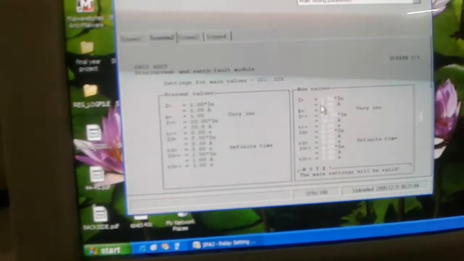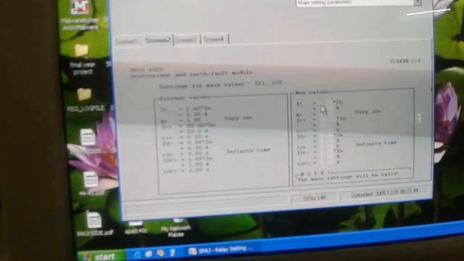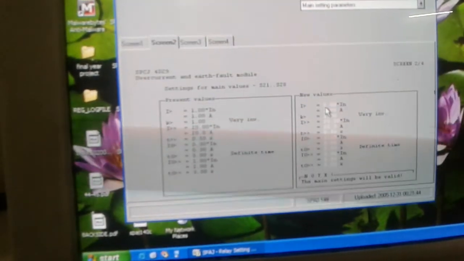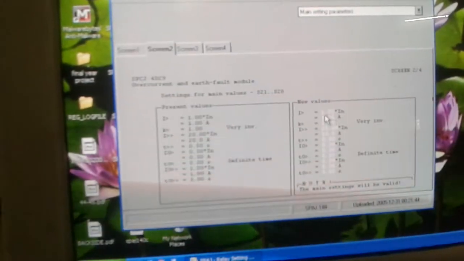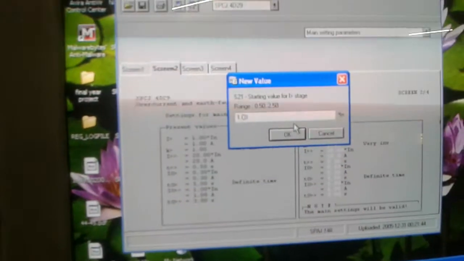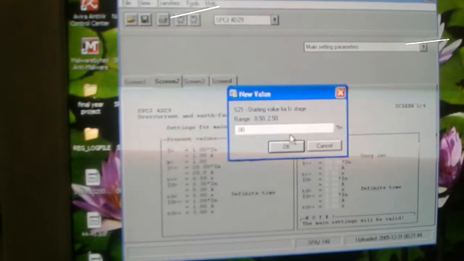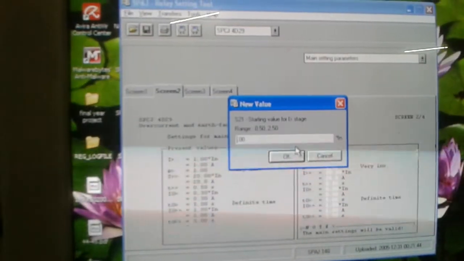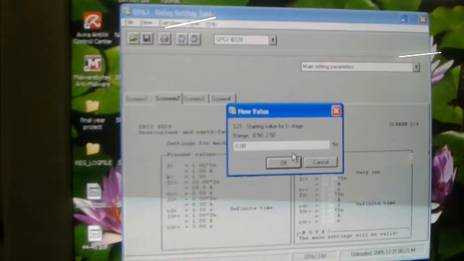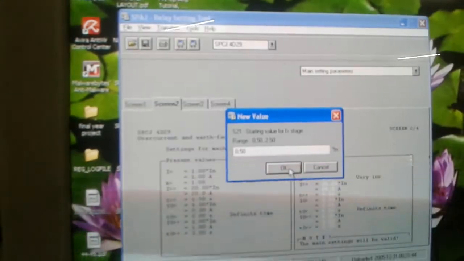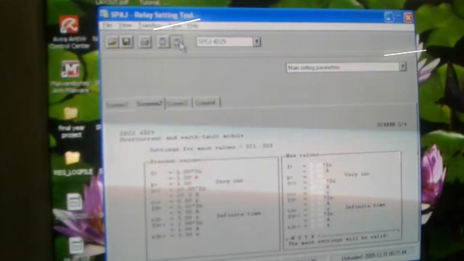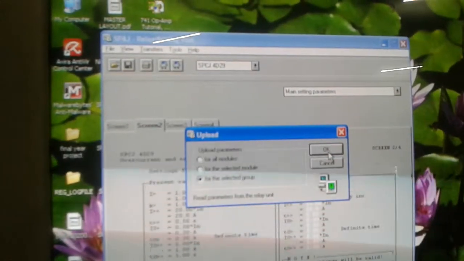So right now you can see as we have done in the relays, the plug setting is 1. You can see over here it is 1. Now what I will do, I will make it 0.5. Okay, now you can see it is 0.5, but now this cannot be seen over here until unless I am making upload to this module into the relay.